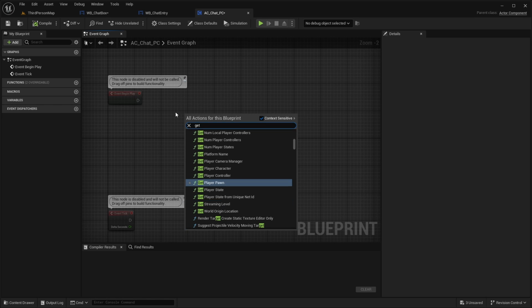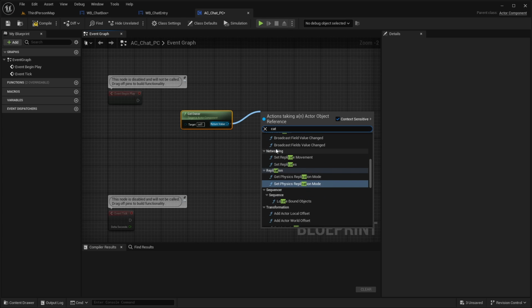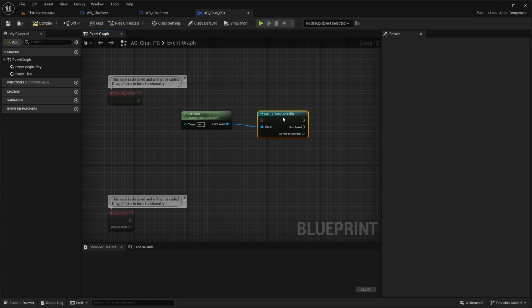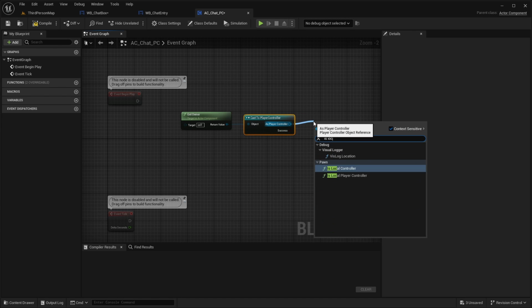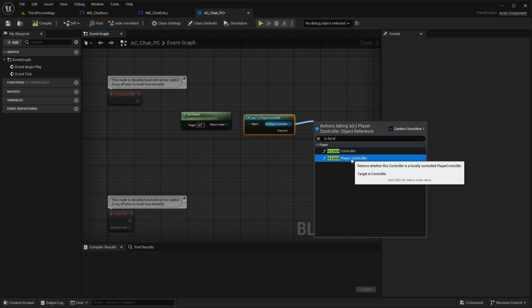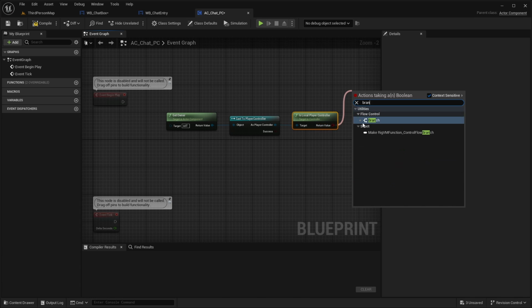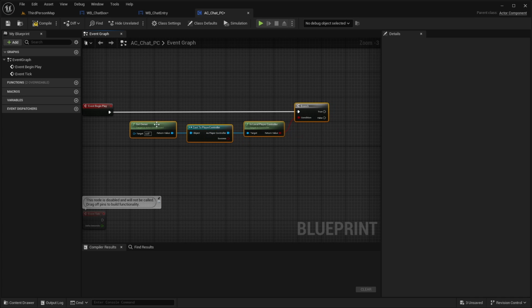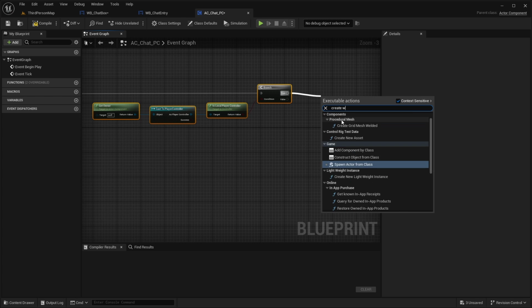In the chat PC actor component, here we first get owner, because the owner is the player controller. We cast here, so don't cast to your custom player controller, just cast to the default player controller. We can convert this to a pure cast and check if it is locally controlled, is local player controller. Adding here a branch. If that is true, then we want to create for this local player, here on true, a widget,